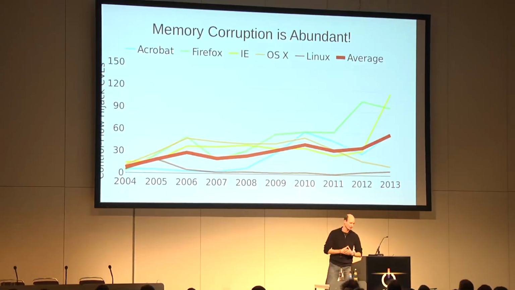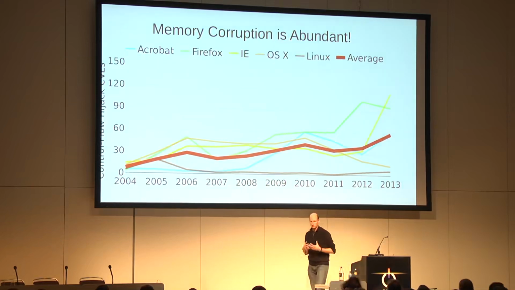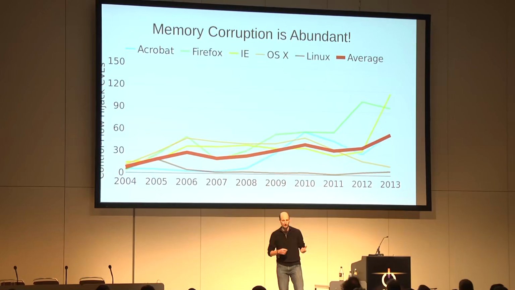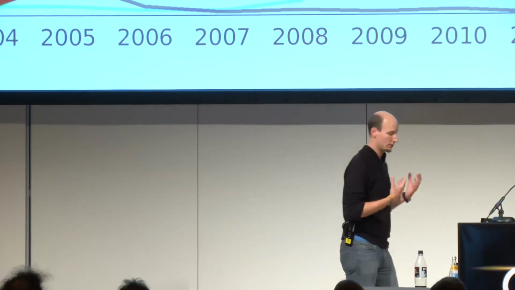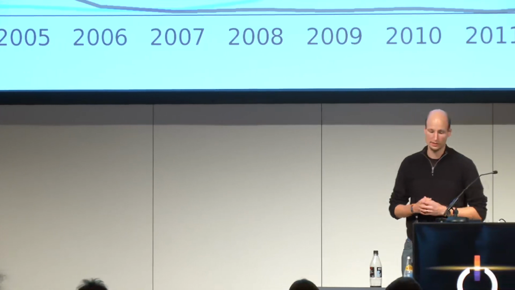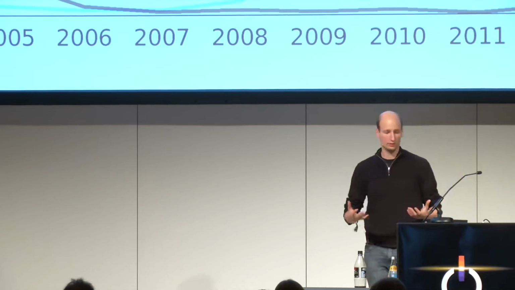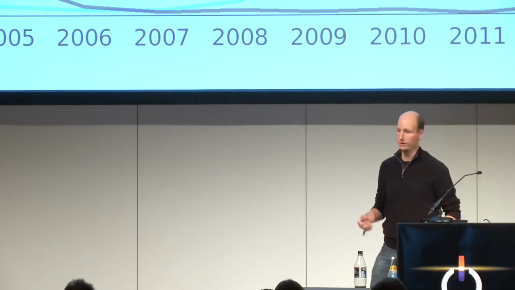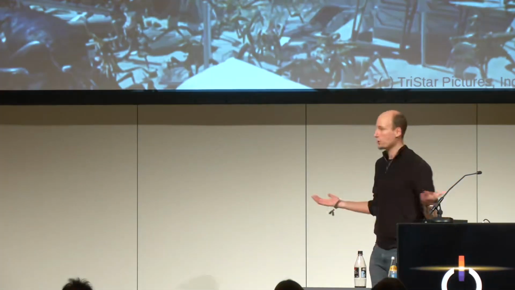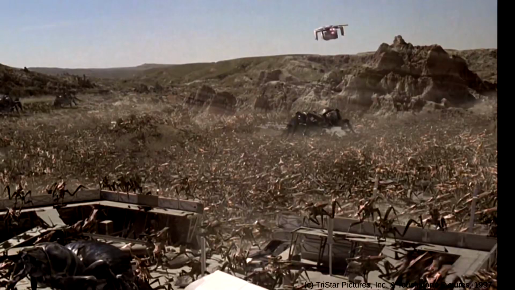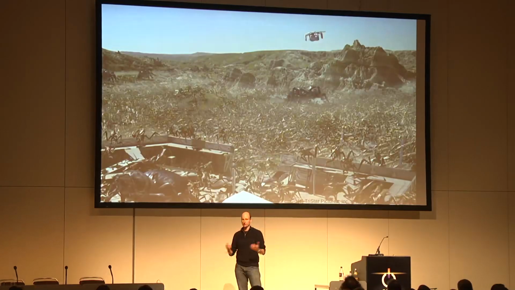permissions or capabilities. We just picked a couple of programs out there, like Acrobat, Firefox, IE, general OS X, and Linux bugs that allow an outside attacker to gain control flow or code execution capabilities on a system. The attacks are on the rise, and all of these attacks rely on some fundamental memory corruption vulnerability somewhere in the background. We are being overrun by all these bugs. Even though we are investing more and more time into fuzzing and tools that find bugs, there are just way too many out there for us to fix manually.